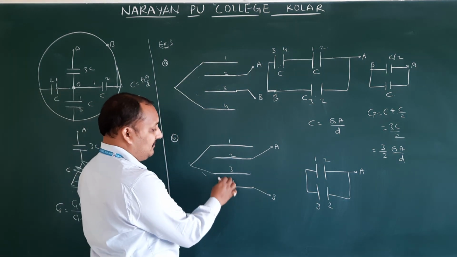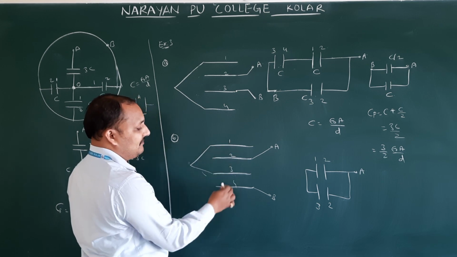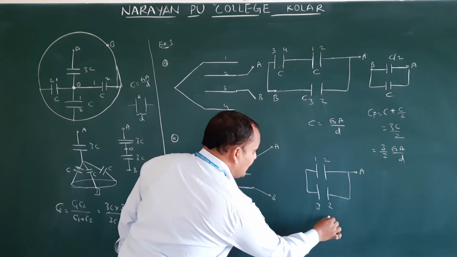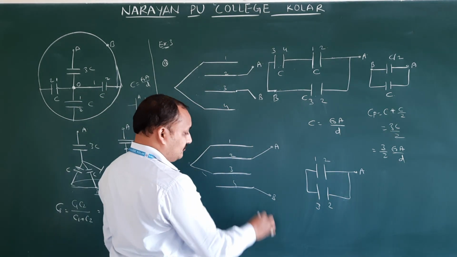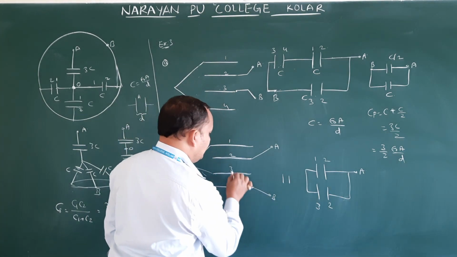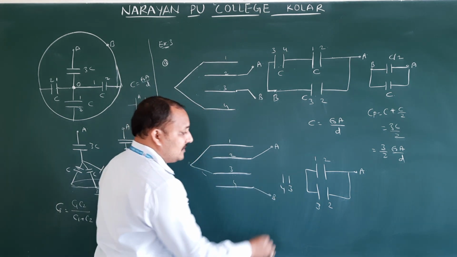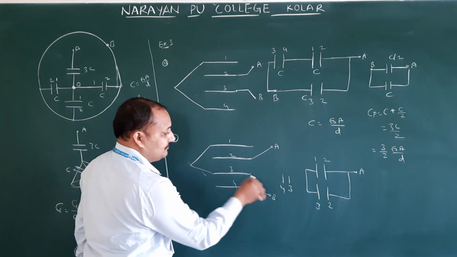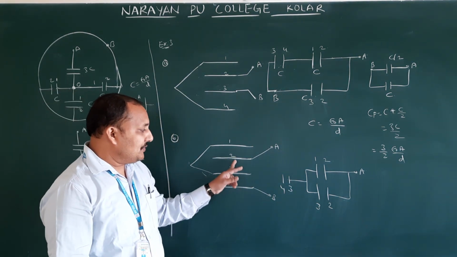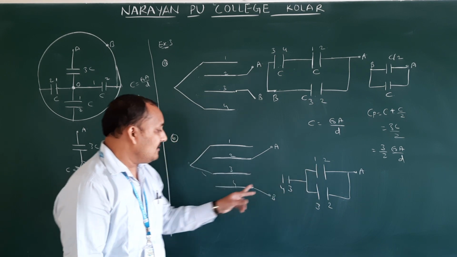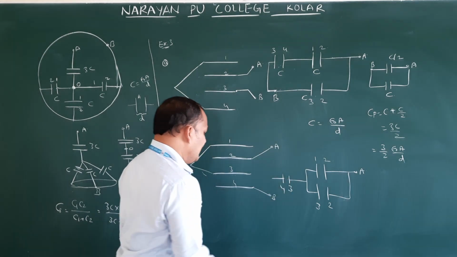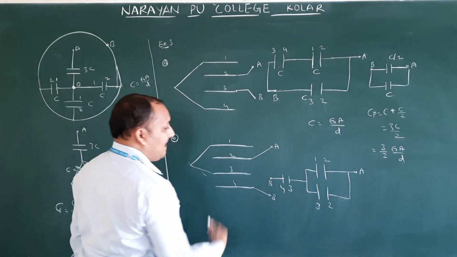Whenever we take 3, 4, 3 is connecting for 1, and 4 is connecting for B. Where you have to take 1, 3, 3, 4. Therefore, if you take 3, 4 somewhere here, 3 is connecting for 1. Can we draw? 3 is connecting for 1. So in 2, 3 also 3 is connecting for 1. In 3, 4 also 3 is connecting for 1. Isn't it? Correct. Then 4 is connecting for B.